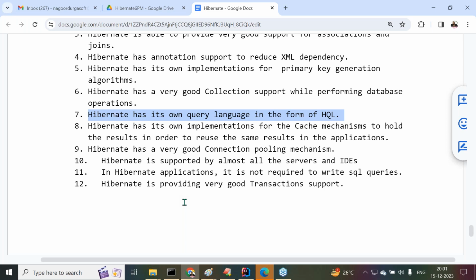Then we are able to perform almost all the operations we expect through SQL queries. Whatever operations we do in SQL queries, the same operations we can do with HQL queries also. Sir, are you following or not? Understanding what I'm telling you? Okay, right, sir. Next one is